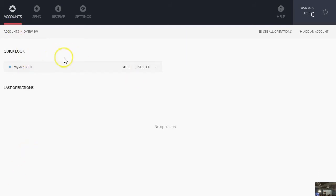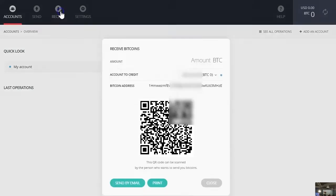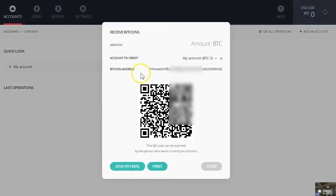So here in my account, I will need to receive, which means I'll need to generate a wallet address. So this is where I'm going to click first. I'm going to click receive now, and I'm already generating an address. So now I need to send money to this address, and I'm going to do it with my phone, my blockchain,